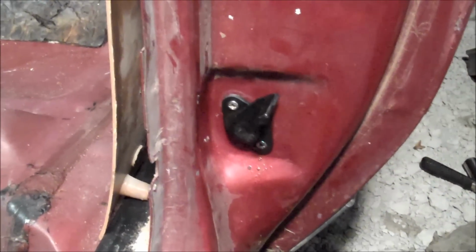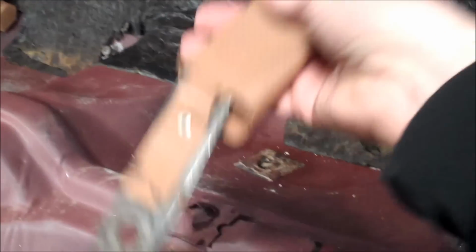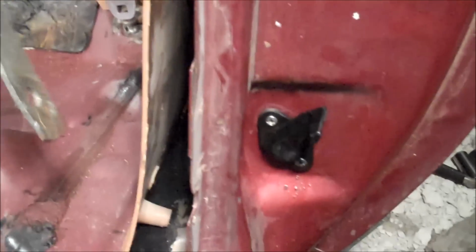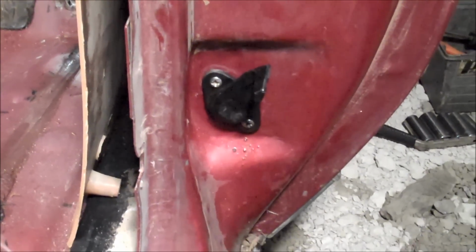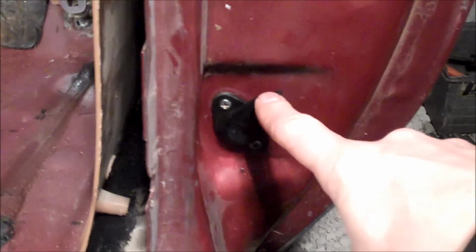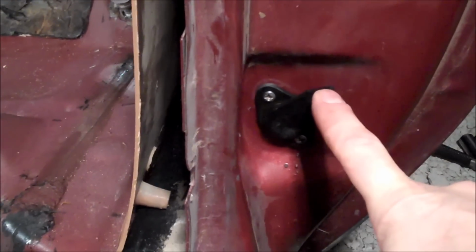Alright, so I'm working on the 78 Calais moonroof. I am in the process of replacing the seat belts, so I have them all undone. I got the passenger side installed, and I have the driver's side here. I just finished installing this, and basically this is an excellent opportunity to show you guys how to go about replacing one of these levers here, the seatbelt tensioner lever. So in order to do so,